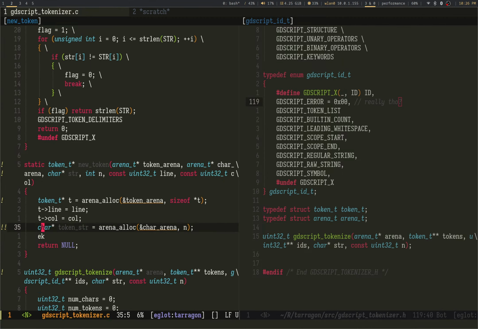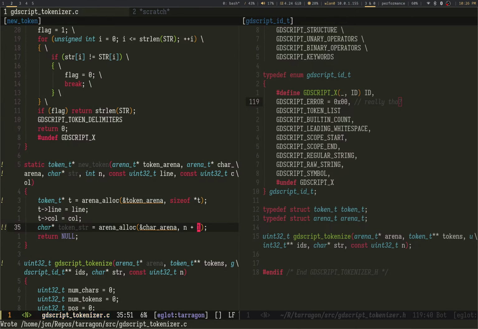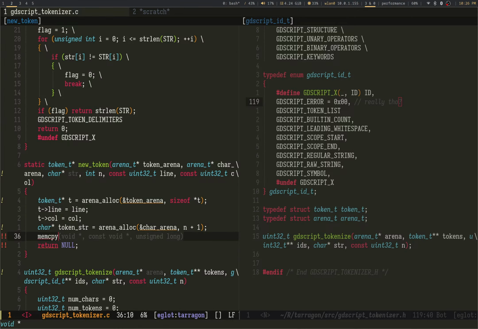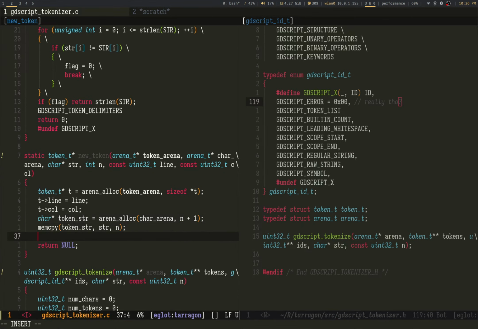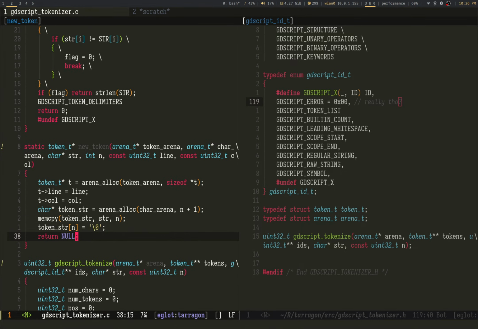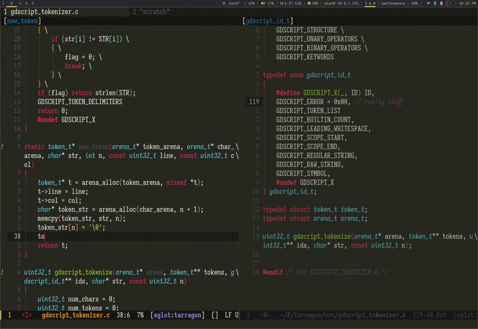Call that +1 because of course I want to append that and copy. Oh, don't need that. And token str and string delimiter and return t. That's that token str.